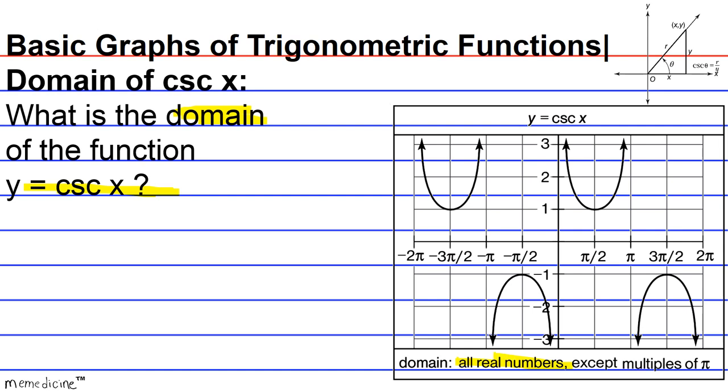And just in case you don't know what a real number is, real numbers include integers, rational numbers, and irrational numbers. When I say integers, I mean numbers like 0, -1 and 2. The counting numbers along the number line is the best way to define an integer. And it also includes rational numbers. Rational numbers are numbers that can be expressed as fractions a over b, where b is not equal to 0, but b can equal 1. For example, 2 over 1,